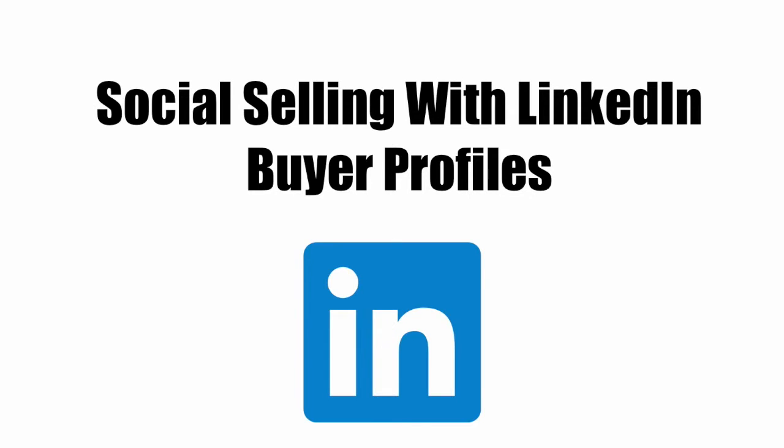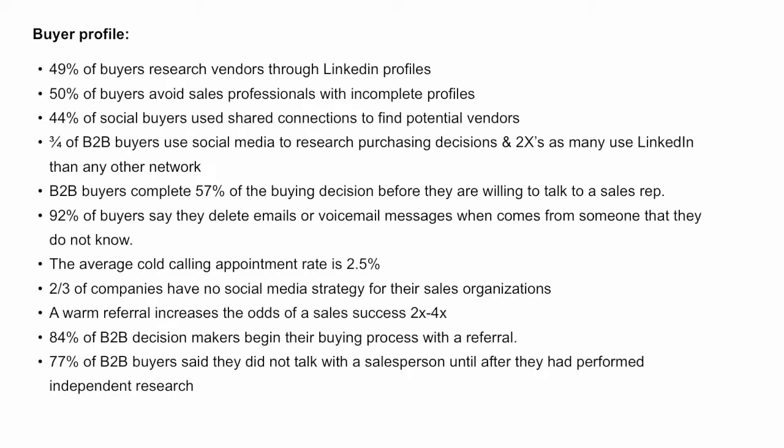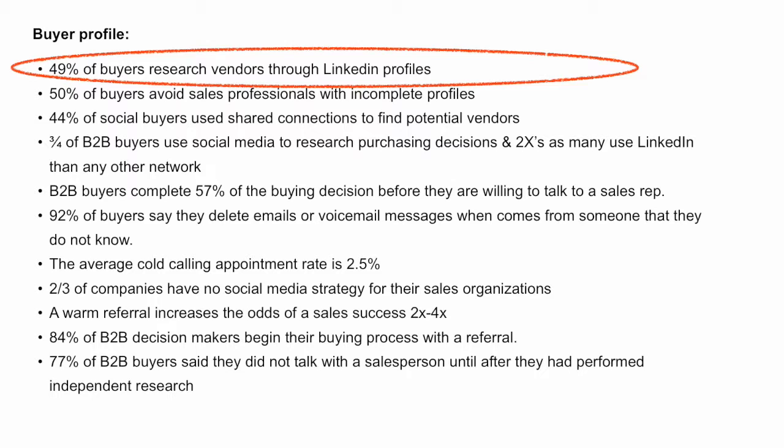What I'm going to talk about today is social selling with LinkedIn, and specifically as it relates to buyers' profiles. Here's a bunch of stats that I found doing some research and leveraging a lot of white papers that LinkedIn has. Some of the highlights are that 49% of buyers research vendors through their LinkedIn profiles. So people that are looking to buy are going online and going through